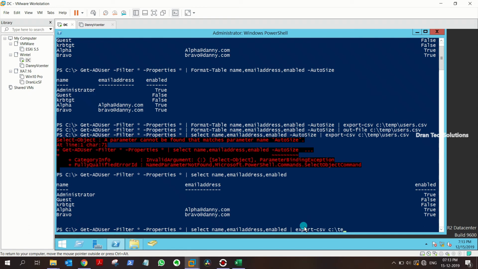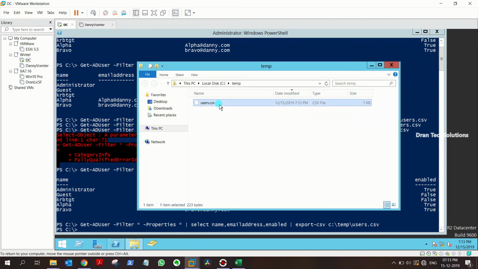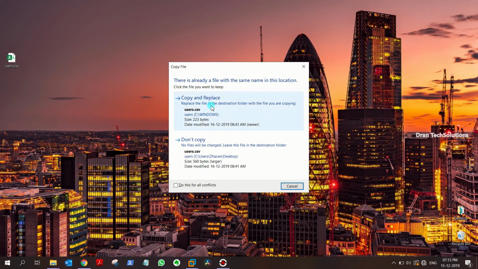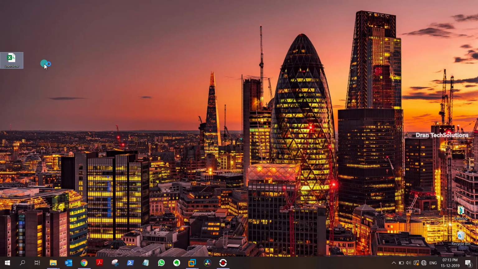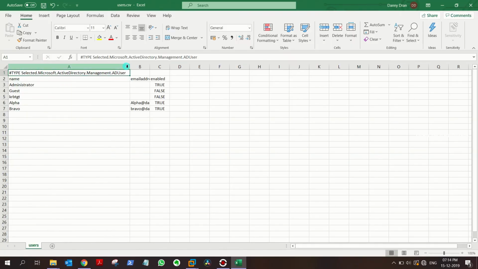Export-CSV C:\temp\users.csv. So now let's take this, move it, close this, don't save, and replace. Now if we open it, we will get this. Oh, this type selector Microsoft, this type,